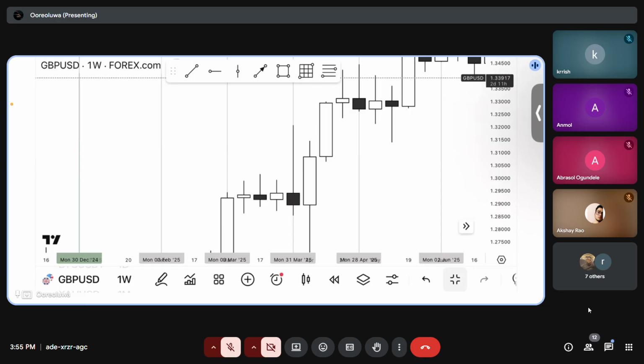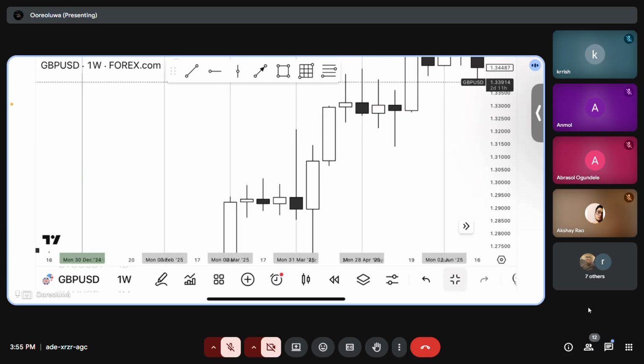Okay, so for the daily, the true opening starts from 17. All right, in the middle of the CBDR. The true opening of the candle starts from 17. Your broker will show you 00, which is after Asia. But I want you to mark it from 17. At that point, that's where you should start looking for trades from. So you mark out the pre-manipulation liquidity pool from that point.